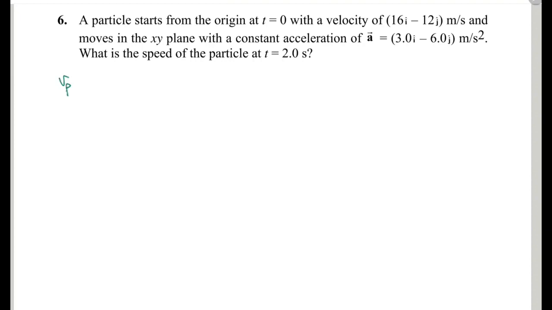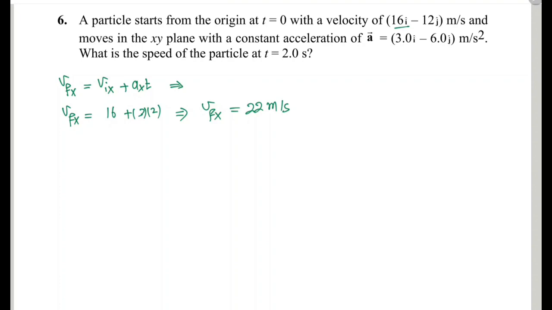The final v_x equal to the initial v_x plus a_x t. You substitute the acceleration and initial velocity, so you'll get v final x equal to 16, given right here, plus a_x, equal to 3, times the time 2, so v final x equal to 22